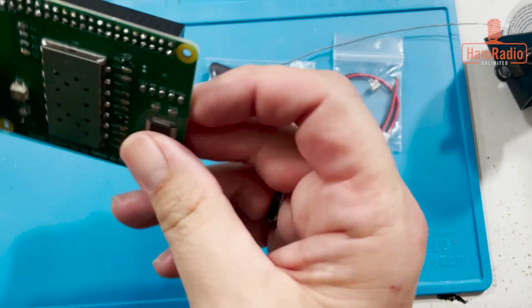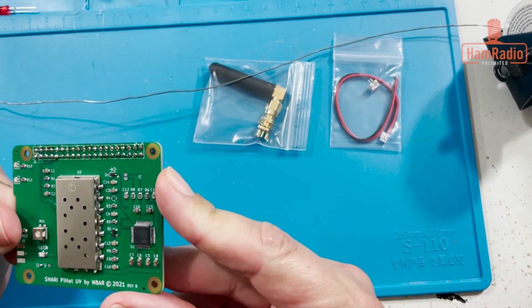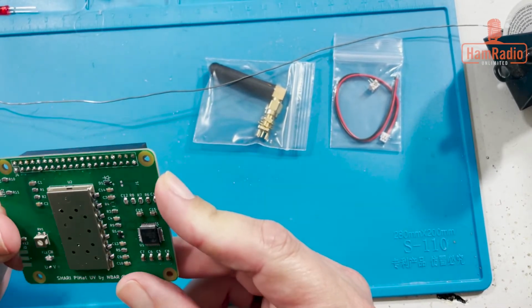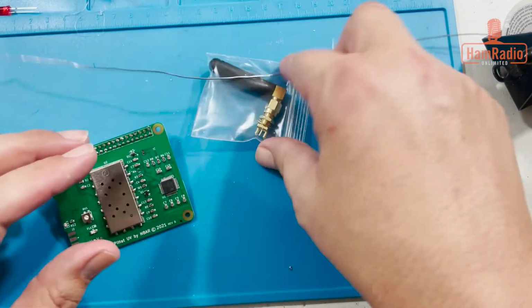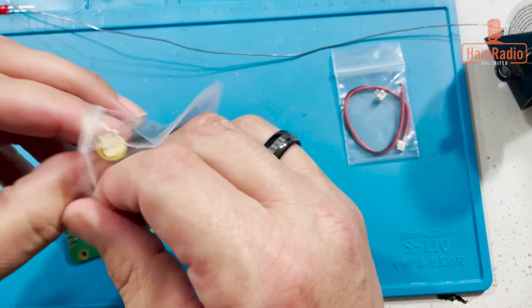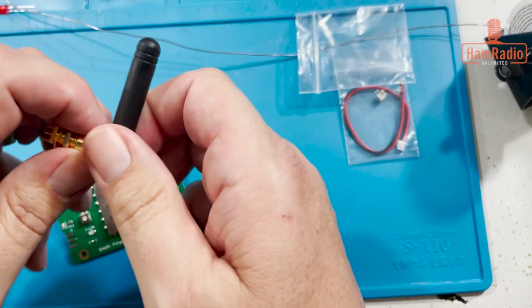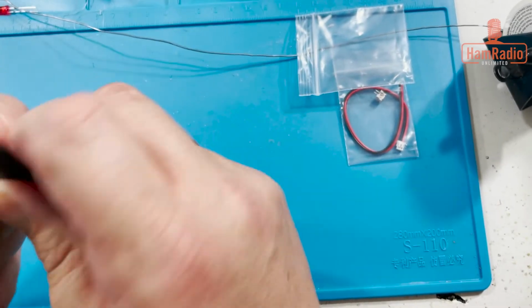Alright, so there we go. We got our connector on. Checking over my work here. Don't see anything wrong, so good. So we got one more piece yet that goes soldered onto this board, and that is this antenna right here. I'm going to unscrew the actual antenna from it. And the way this works,